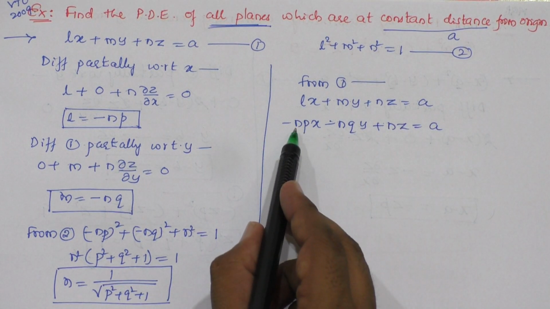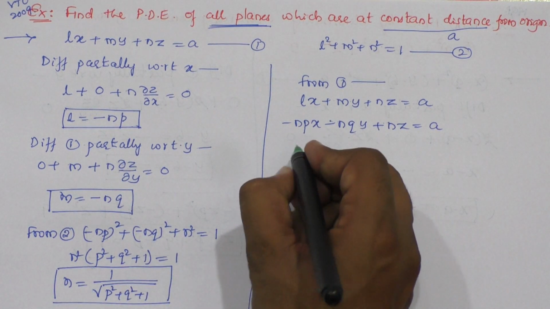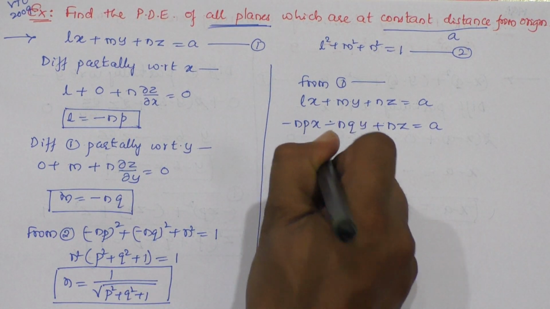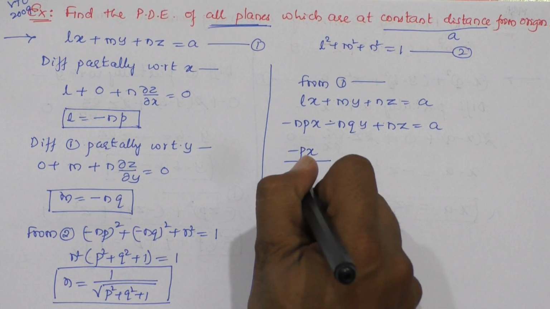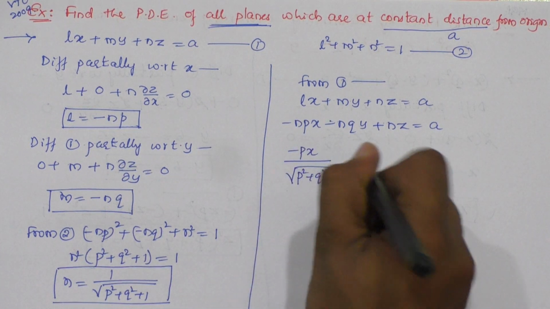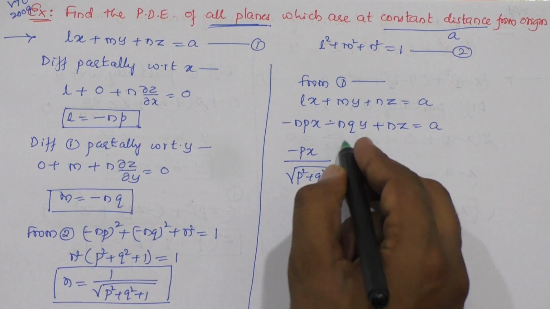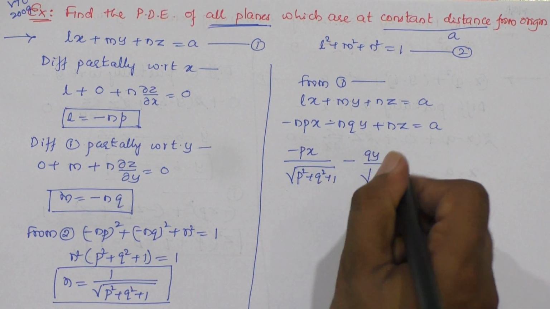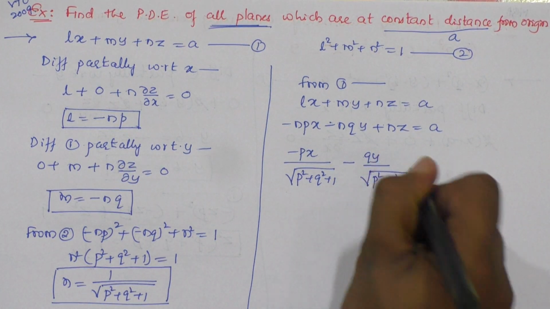But we know n is 1 by square root of p square plus q square plus 1. So minus px divided by square root of p square plus q square plus 1, minus qy divided by the same square root of p square plus q square plus 1,